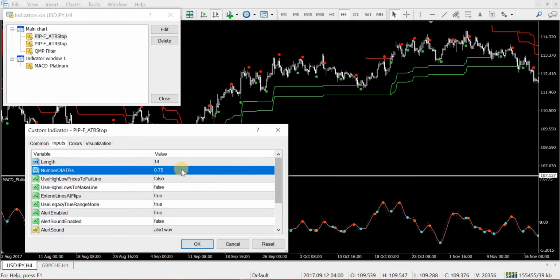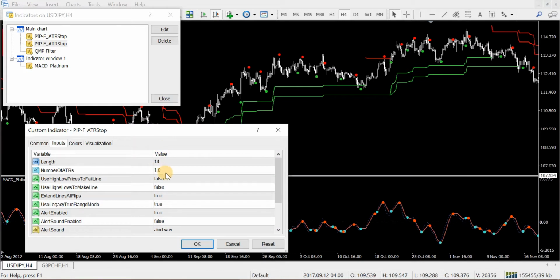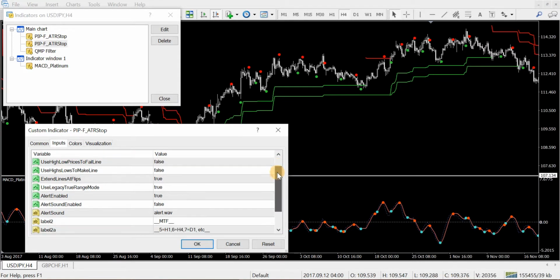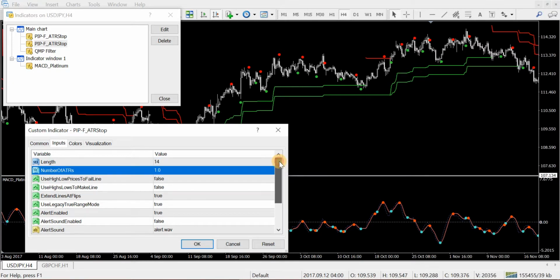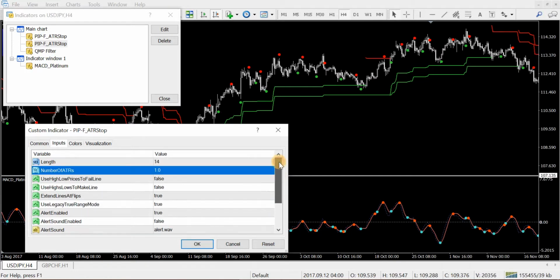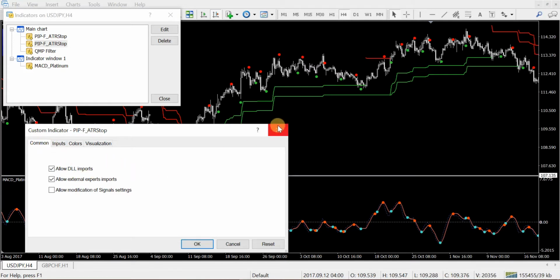And the only difference is this one here, number of ATRs. One of them is 0.75, so just remember that. And the other one, number of ATRs is 1. So it just gives me two, instead of using 3 MAs, this just gives me another option. It's a little bit easier to follow sometimes. Again, 10080, so it's the weekly one. You can see all the colours just in there, red and lime, I don't know what they all are. But yeah, so that's the